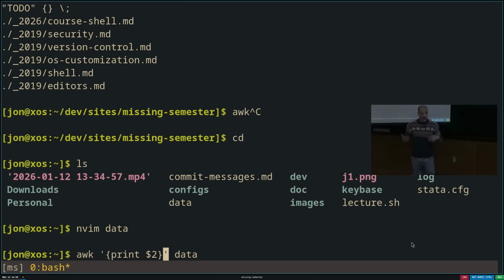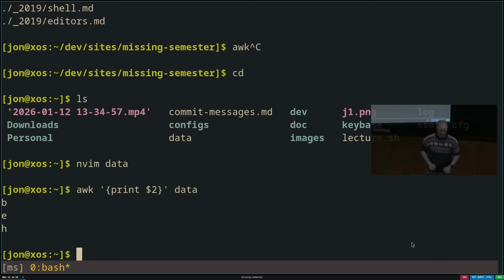So awk will parse the file into records, which are rows, and fields, which are columns. In this case, I say print out the second field, and the default field separator is whitespace. So if I do this, it will print out only the second column of every row. But I can change what the field separator is. So let's say I switch this to be comma. Well, this just became a CSV parser.